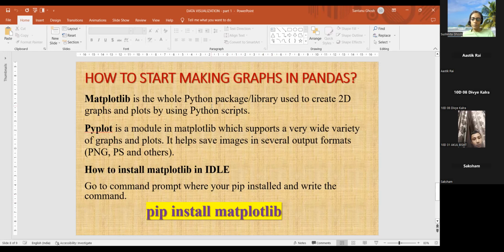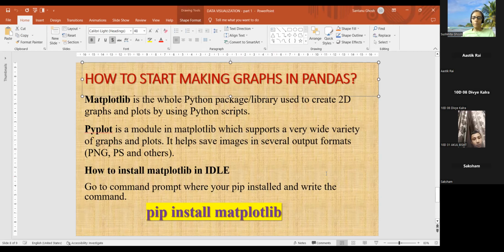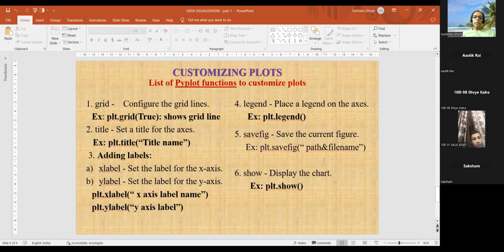And different needs are there, and we accordingly call the module. What we are going to work with is the pyplot module, P-Y-P-L-O-T. This is the module with which we work from the matplotlib. So there's a way to invoke that, and we learn how to invoke that particular module from the matplotlib library of Python. In one go, we just learn, there are many more which we can do, customization, but the